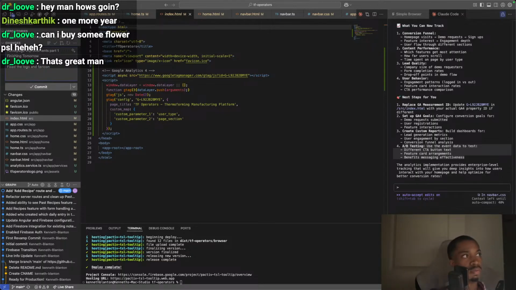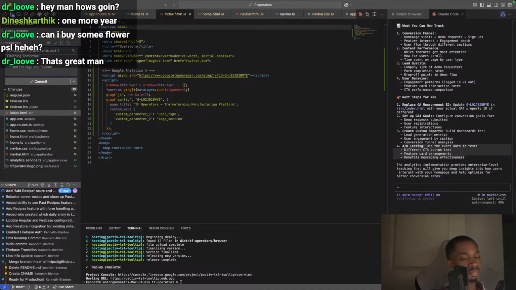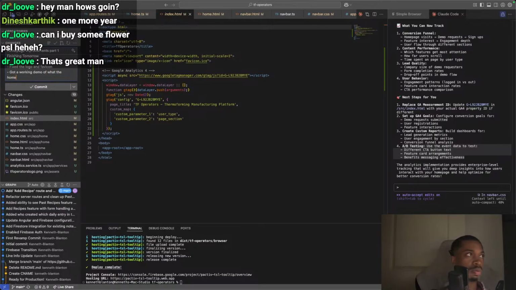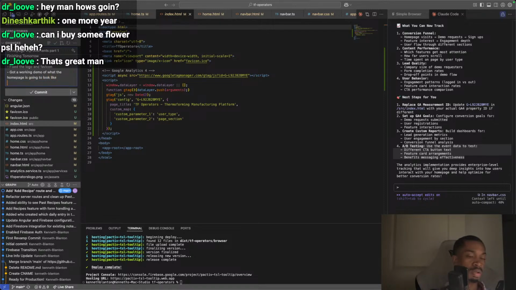Pixel logo and favicon. Hmm. What the homepage is going to look like. Setting. Need to set up an